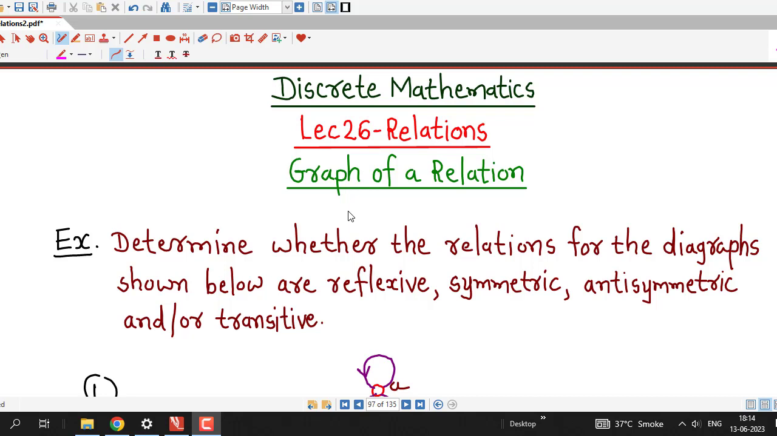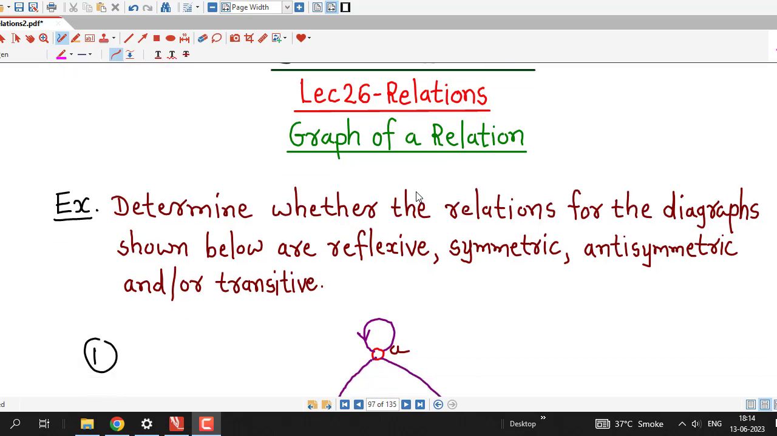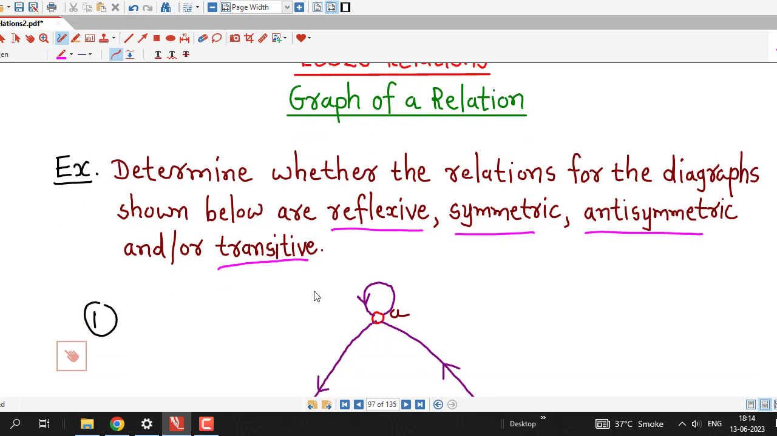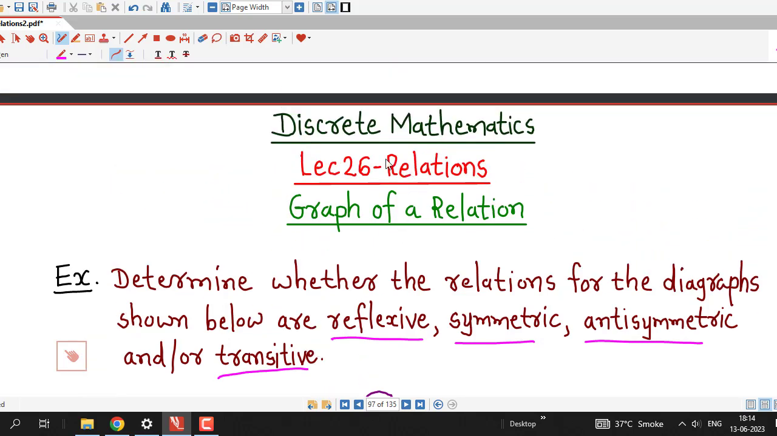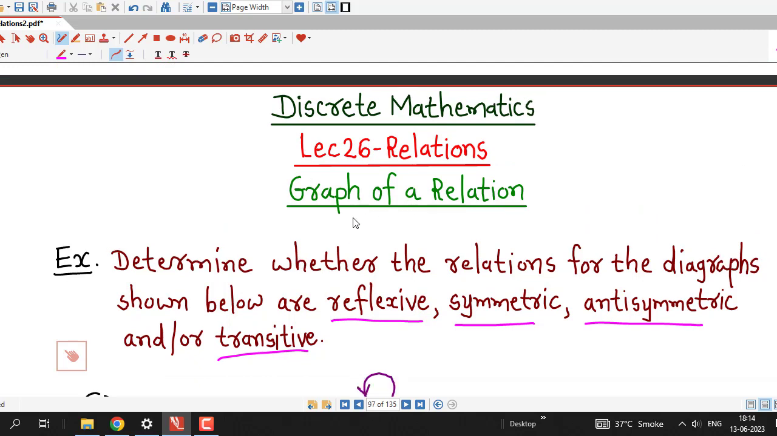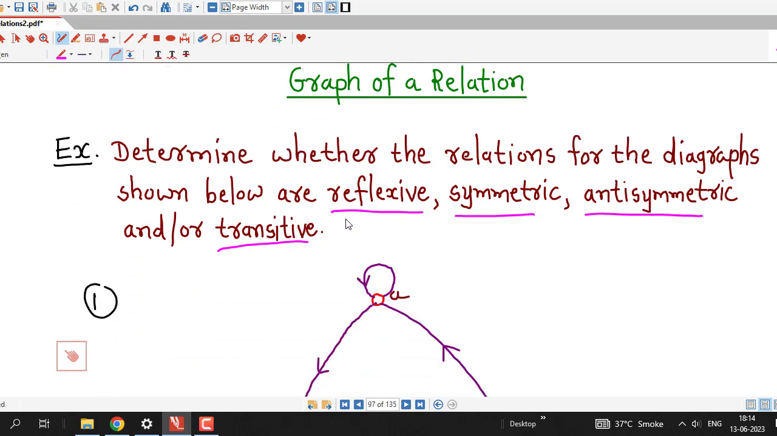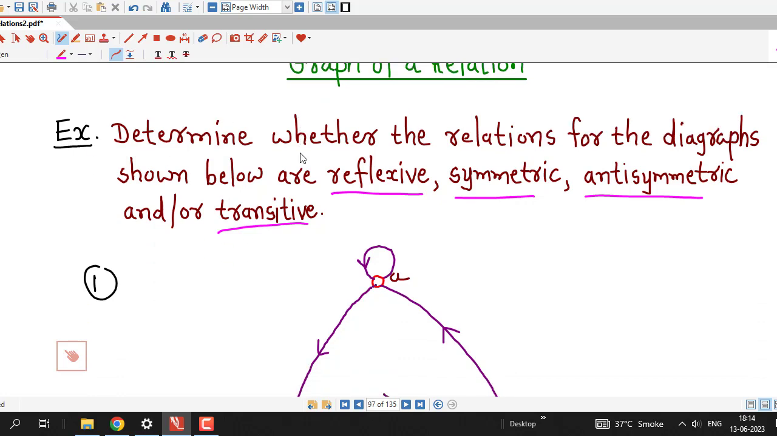In this lecture also we are going to discuss one example on graph of a relation. Using the graph of a relation, we can decide or observe certain properties of given relation. So here the question is to determine whether the relations for the diagrams shown below are reflexive, symmetric, antisymmetric or transitive. We have discussed this type of example in lecture number 25 on relations also. If you have not seen that lecture, I suggest you watch that lecture first and then go for